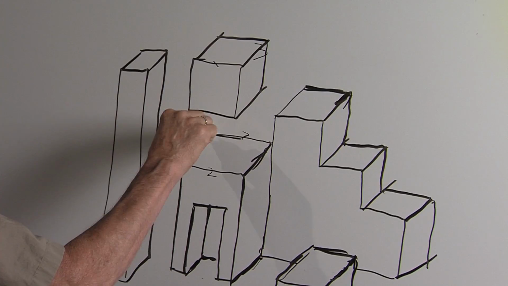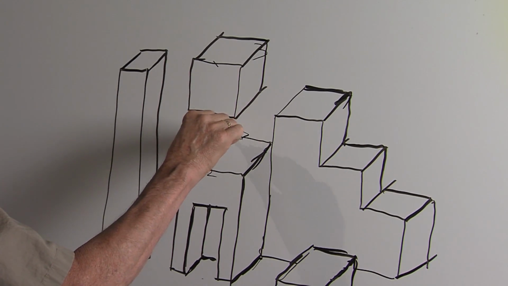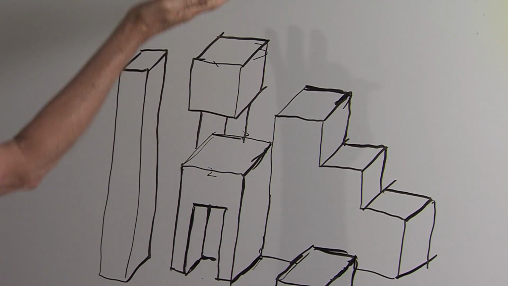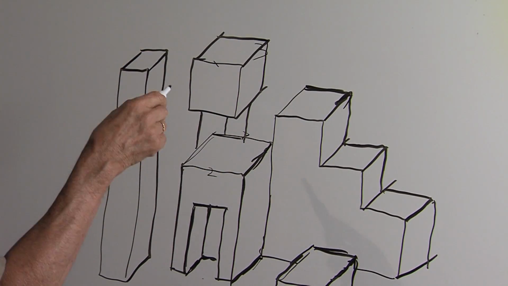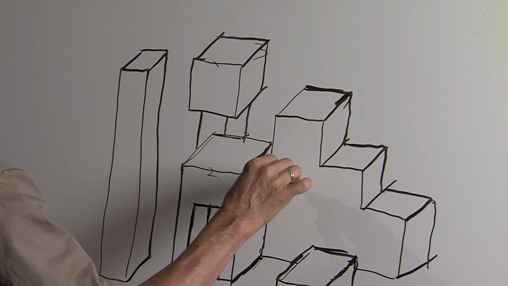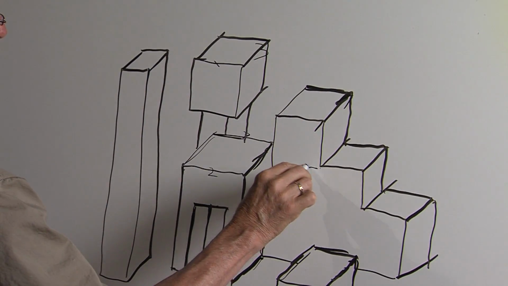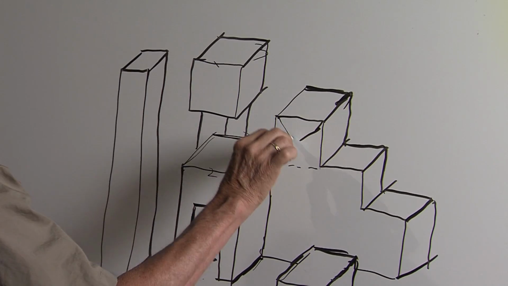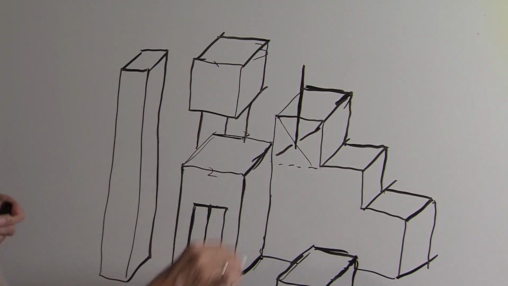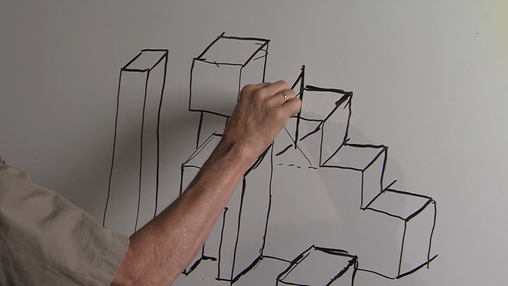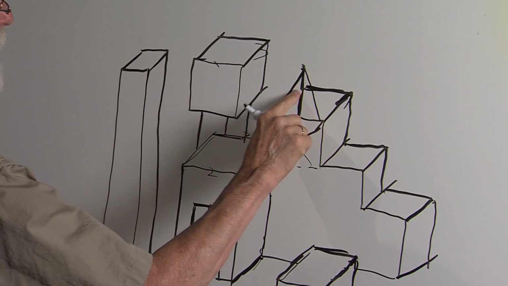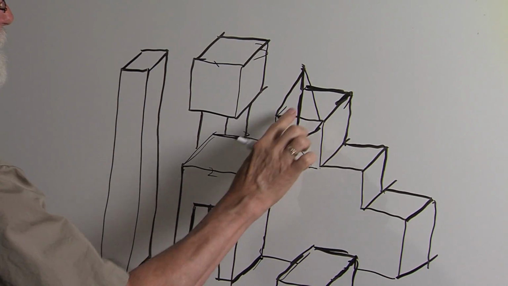I'm going to run another cube underneath this. So it's actually a small cube and a bigger cube added on top. I'm going to find the center of this. If this were extended across, this would be the center, and extend the line up quite high just to get it away from the others, and make that the front of the building. Okay? And let's just erase here a little bit.